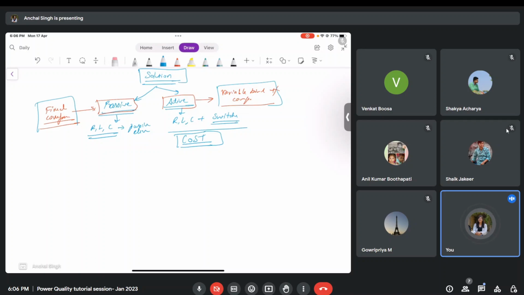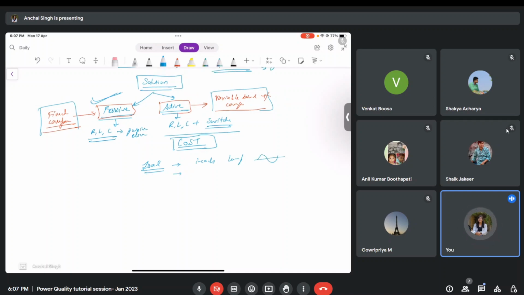So because of the only parameter, that is cost, active filters, although they are much more versatile than passive, are not that widely used. So passive are still widely used. But as we discussed in a few of the lectures, because of the changing nature of the electrical load, our traditional electrical loads were incandescent lamps, right? And then there were fans, lighting loads, very decent kinds of loads. They consumed a beautiful sinusoidal wave type of current.